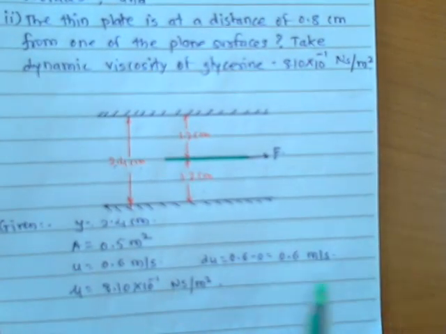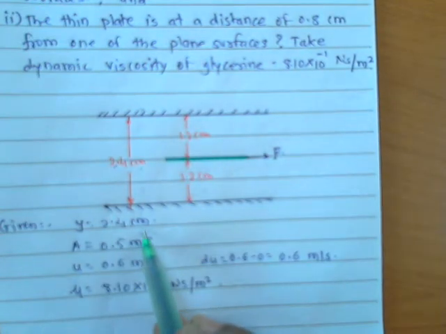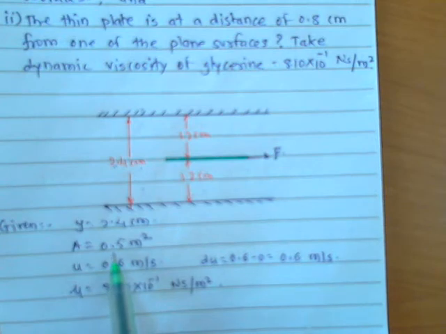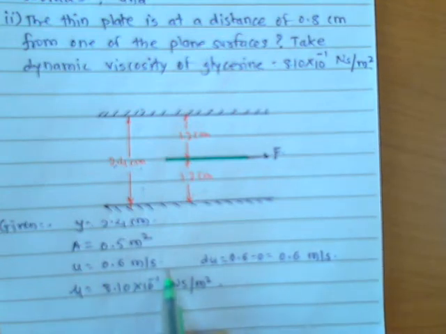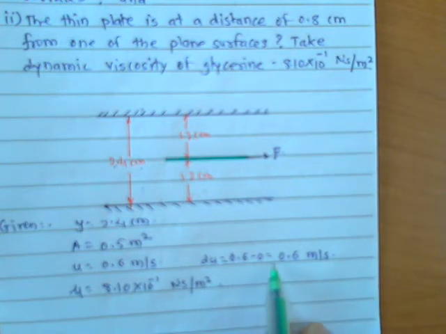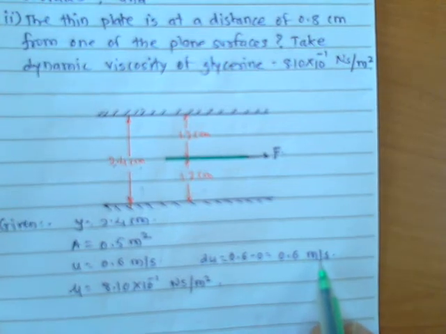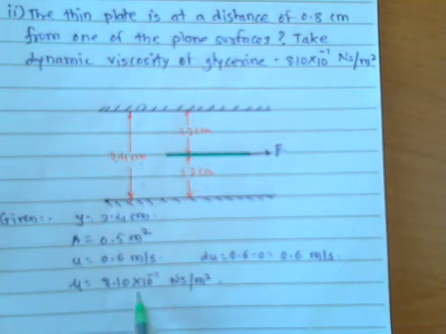So for the total problem we have the given data. Total distance y is equal to 2.4 centimeter, area of plate is 0.5 meter square, velocity of plate is 0.6 meter per second. If we consider the initial velocity of the plate as 0, then the change in velocity du is equal to 0.6 minus 0, which is 0.6 meter per second. And the viscosity of the glycerin mu is equal to 8.10 into 10 raised to minus 1 newton second per meter square. Okay, so if we consider F1